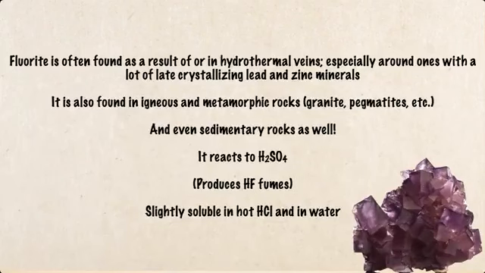So, fluorite is often found in hydrothermal veins, especially ones with a lot of late crystallizing lead and zinc minerals. Now, it's also found in igneous and metamorphic rocks, such as granite, pegmatites, what have you, and sedimentary rocks as well. So, when it's found in all three major rock types, that explains in no small portion why